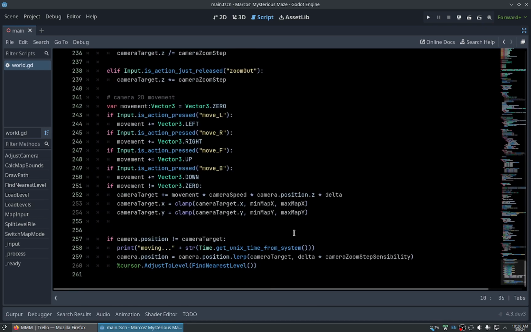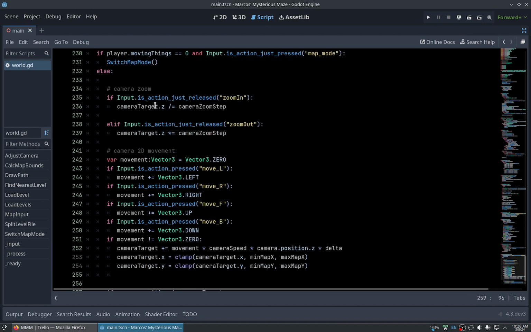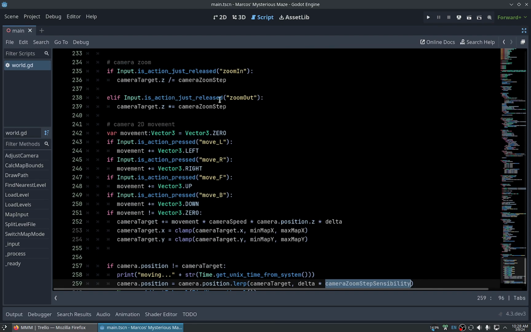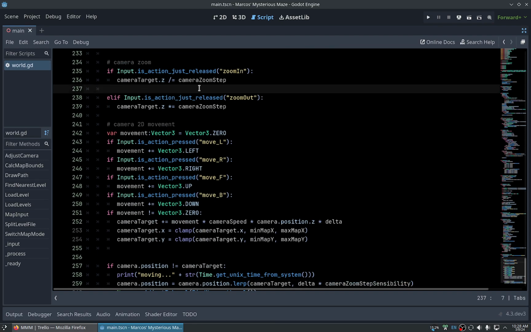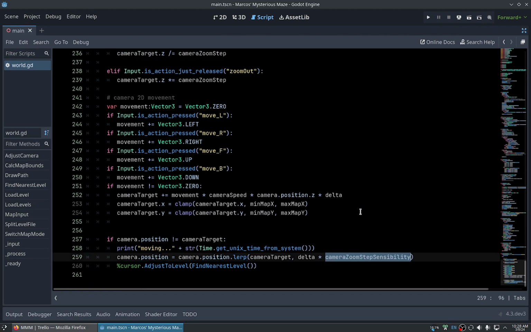This lerp. Yeah, we want to. Yeah, we are mixing the two movements, the zoom and the 2D movement. So this should be, let me think. No, yeah, this should be the speed, because we are moving towards the target at that speed. Yeah, and this delta is the